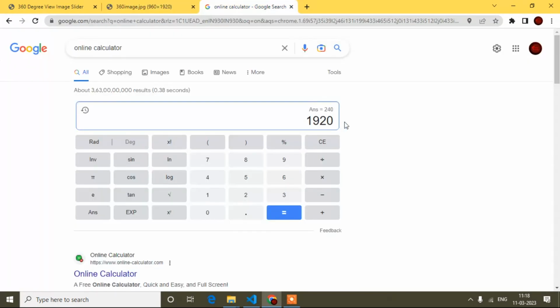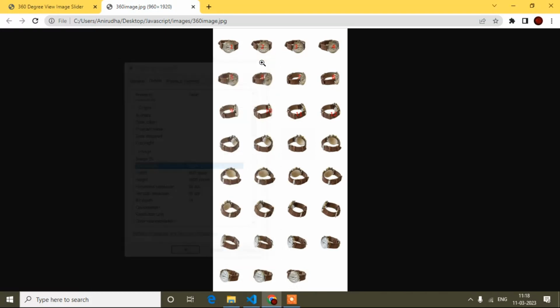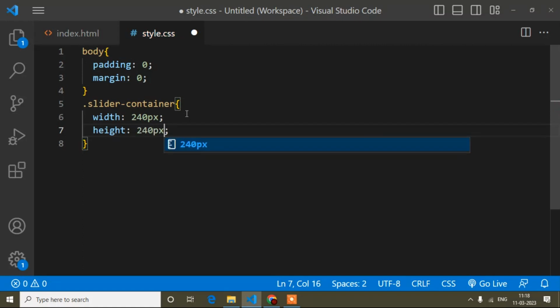So I will divide by 8. What do I get? 240. So the image width is 240 and the height is 240. Now I will close this calculator and also the image details. Here I will write height is 240 pixels.